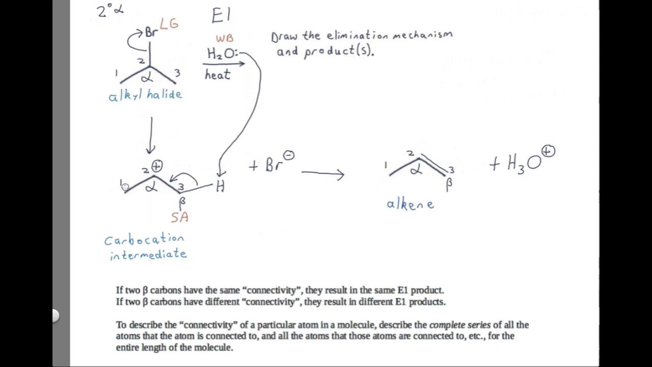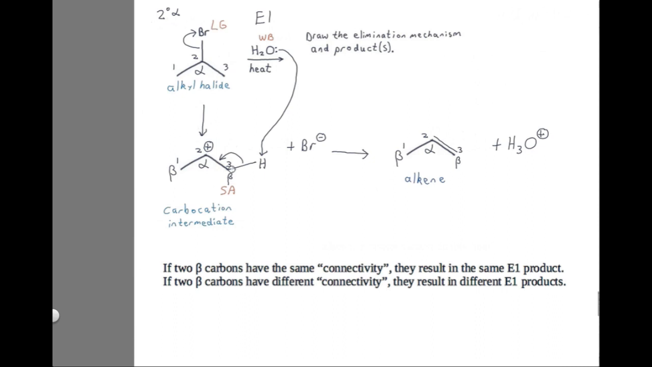Now, if we were going to describe the connectivity of carbon-1, it would be the same description, wouldn't it? Carbon-1 is connected to 3 hydrogens and a positive carbon. And the positive carbon is attached to 1 hydrogen and a methyl group. So we can see that carbon-1 and carbon-3 have identical connectivities. So since carbon-1 and carbon-3 have the same connectivity, it should be apparent that they will result in the same